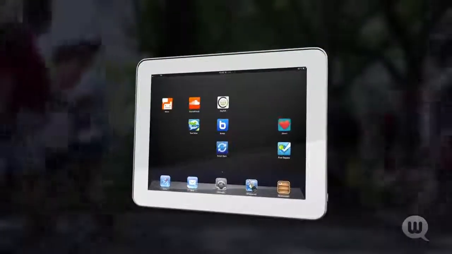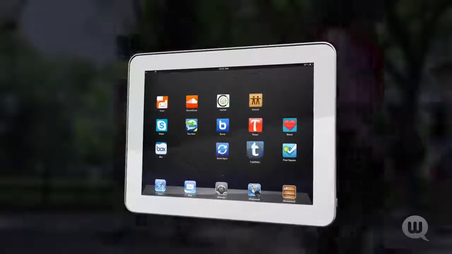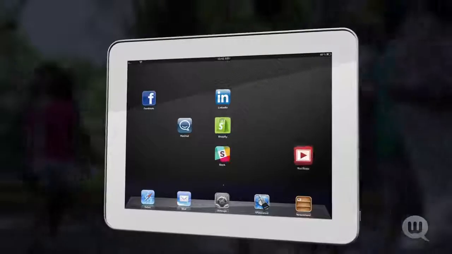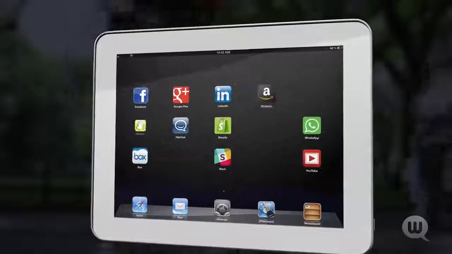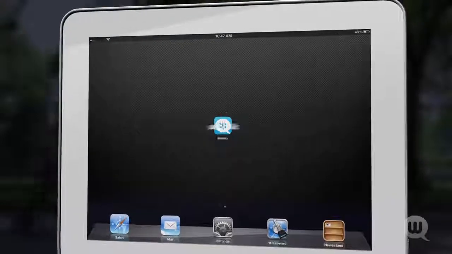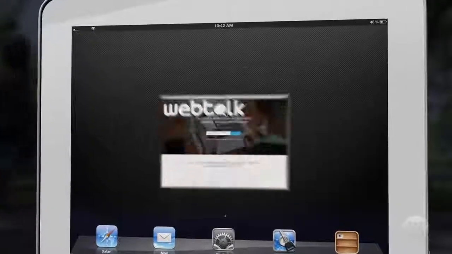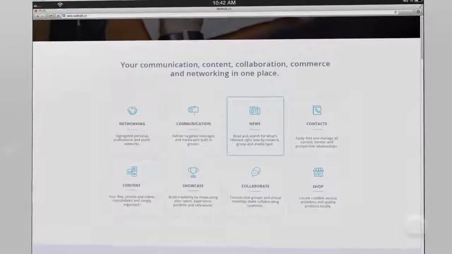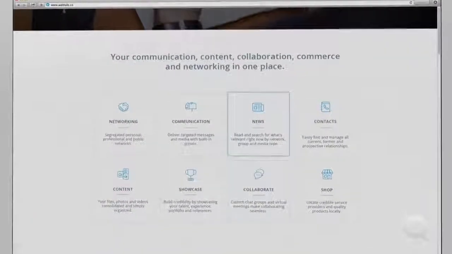Maintaining your personal, professional, and business life online has become a daunting task. Too many choices have created too much confusion, while none seem to give you the control over your communication that you desire. Webtalk is the first all-in-one communication, collaboration, and commerce networking community built to help you communicate better and